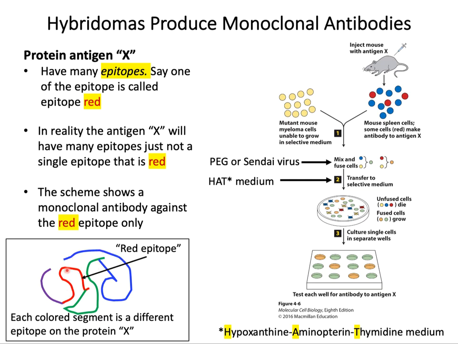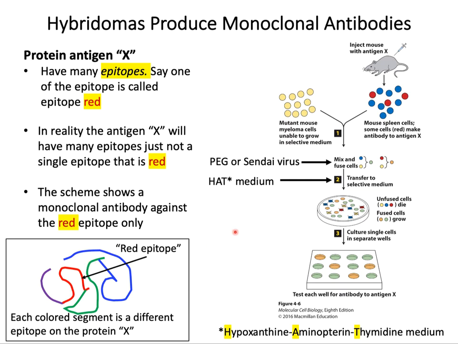So we will purify the protein from the human cells and inject it into a mouse. Now remember, the protein X is a human protein, so it is a foreign antigen to the mouse. Now the mouse B cells will produce lots of polyclonal antibodies against all the epitopes present in the protein X. But a specific B cell clone will produce only the antibody against the red epitope. So this is the specific monoclonal antibody produced by one of the B cells or lymphocytes in the mouse that